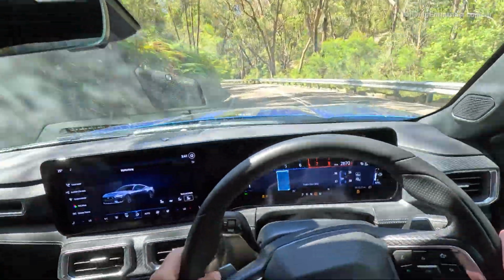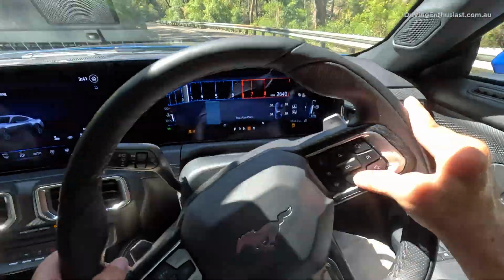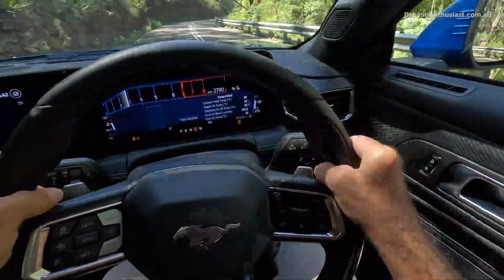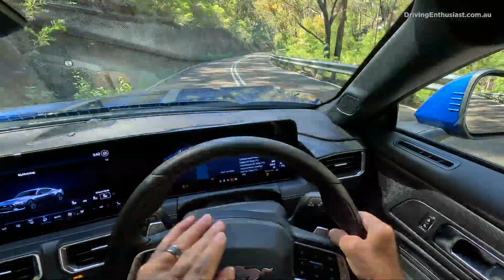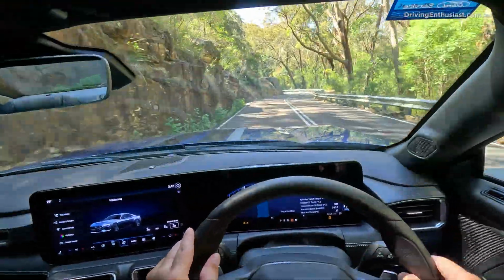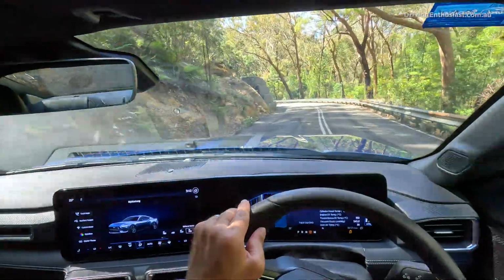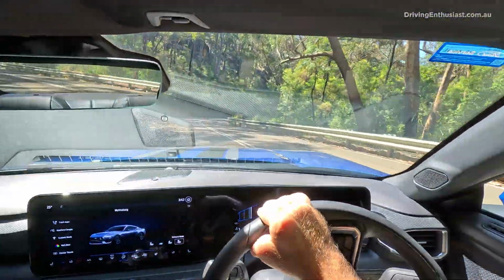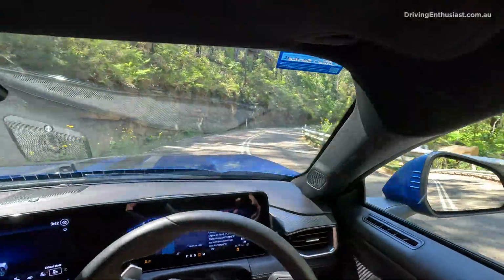You've got quite a few gauges and things to play around with, live tyre pressure monitoring, and then your cylinder head temp and all sorts of stuff there. So as I said, you've still got all of the gadgets and gizmos to play around with as the V8, maybe just for a few things. And then you can enjoy the experience of just being in the vehicle and playing around with the different